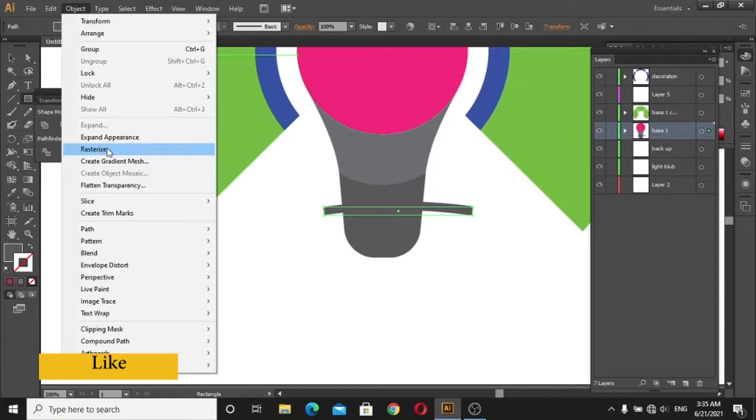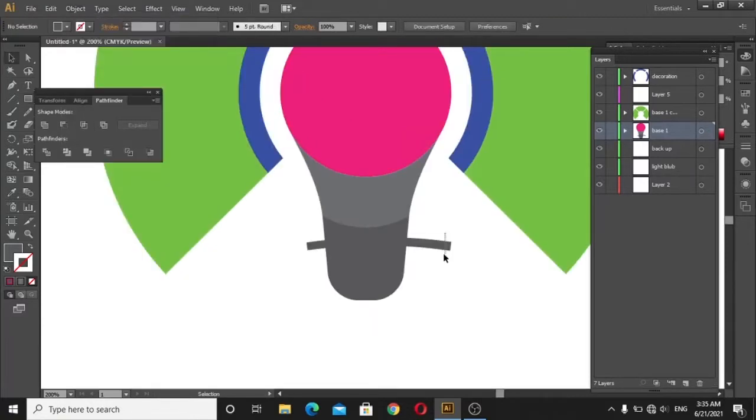I am going to trim or divide the parts, the bottom parts, a body or a holder, electronic parts of that bulb. So it will show a real bulb.